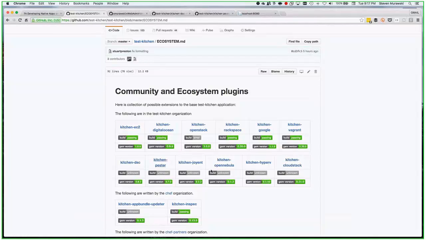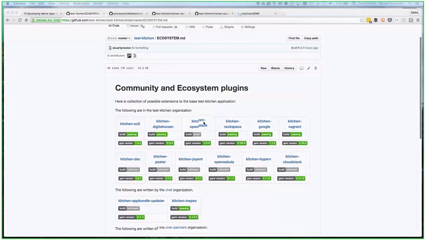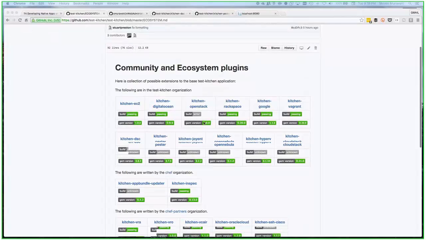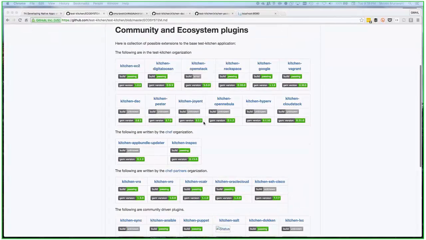I think we may have a question coming in, but while we're waiting for that, Test Kitchen is hosted on GitHub, at github.com/test-kitchen, and it's an active project with a pretty good sized group of maintainers, of which I am one, and we recently added this ecosystem document. And inside this ecosystem document, we have a number of the